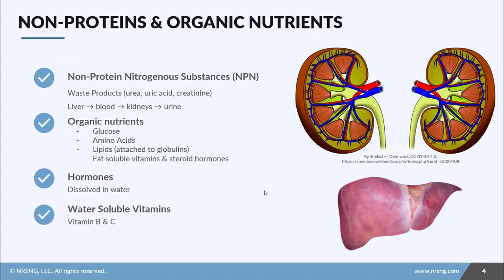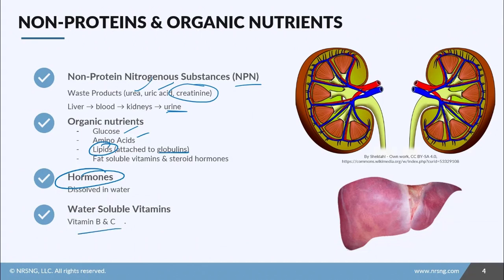Plasma is also responsible for dealing with a couple of other non-protein type substances. So these are things like non-protein nitrogenous substances, or NPN, and these are essentially waste products. So things like urea or uric acid or even creatinine. The liver is going to filter out the blood, and those waste products are going to be sent to the kidneys to be excreted into the urine. The other thing that plasma does is it helps to transport organic nutrients. So things like glucose, amino acids, lipids, remember they're attached to those gamma globulins, and also fat soluble vitamins and steroid hormones. Also, other types of hormones that are dissolved in water can be transported in plasma,